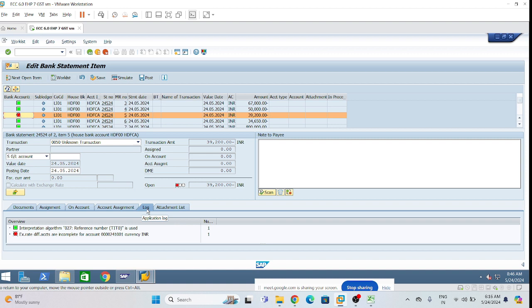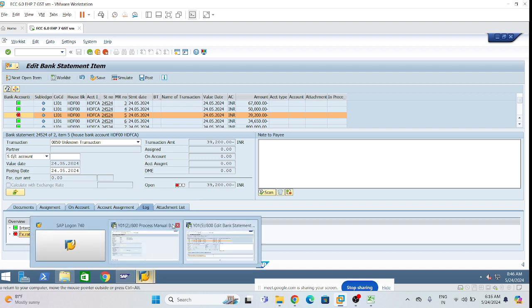Exchange rate difference account are incomplete for account 241. This is our outgoing, right? And this is also negative one, outgoing related, right? So you can write down this error: Exchange rate difference account are incomplete for account 241001 currency INR. For this one, write down this error. For this one, we need to go to